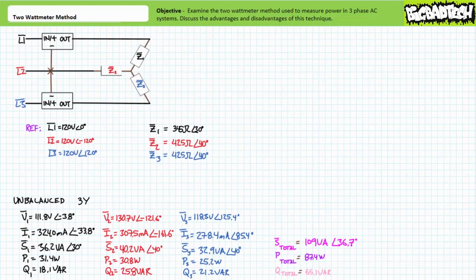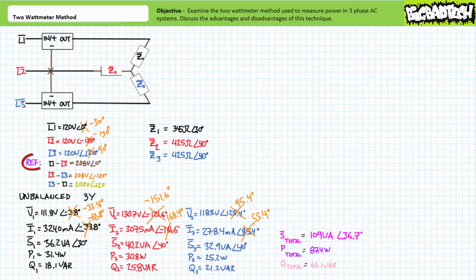invasive inspection. Recall the calculations we made for the unbalanced 3-wire Y configuration made use of L1 with reference to neutral as our reference. Given the 2 wattmeters central to the 2 wattmeter method are not reading line-to-neutral voltages, but rather the line-to-line voltages, we do need to compensate for the phase-shifted offset between line-to-line and line-to-neutral voltage. As such, each voltage and current figure would experience a 30-degree clockwise or negative 30-degree offset when L1, L2 is